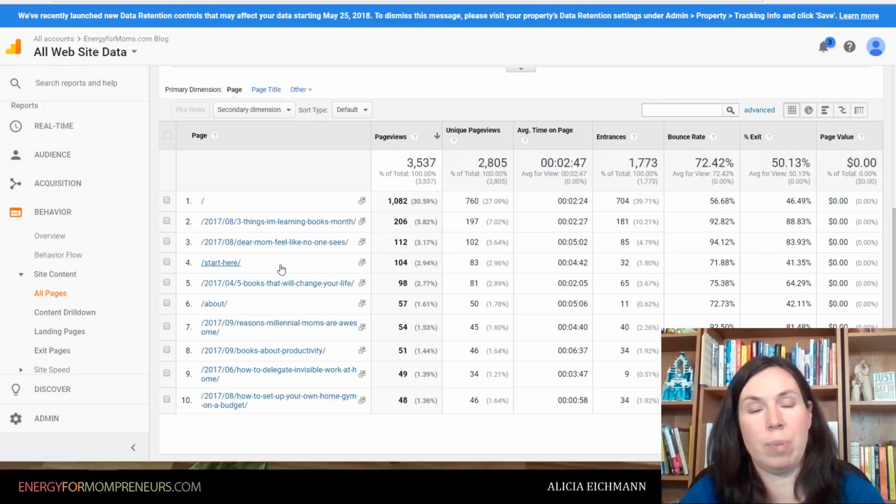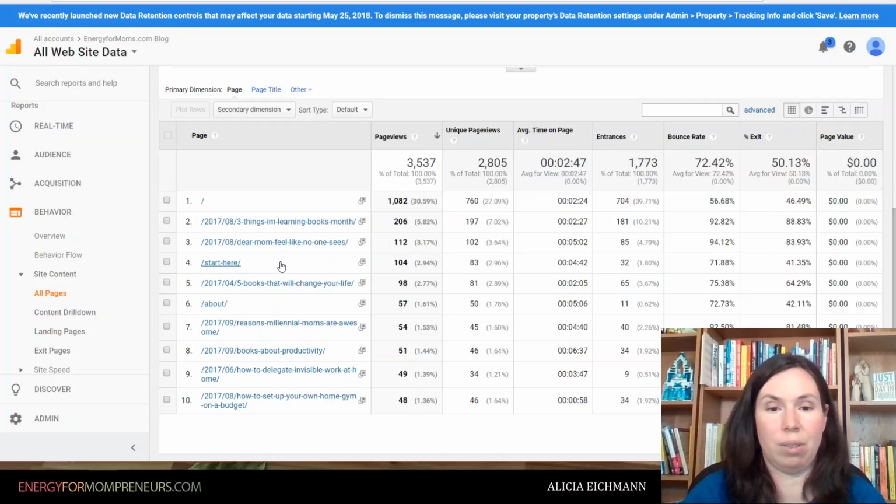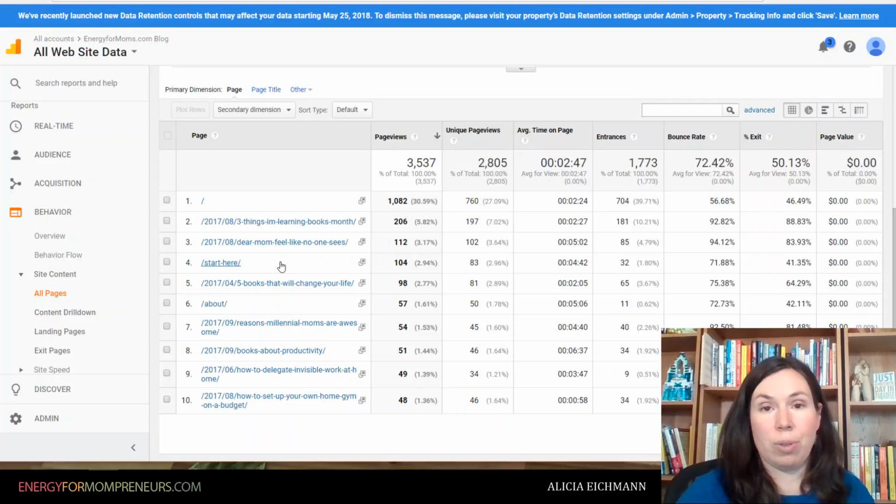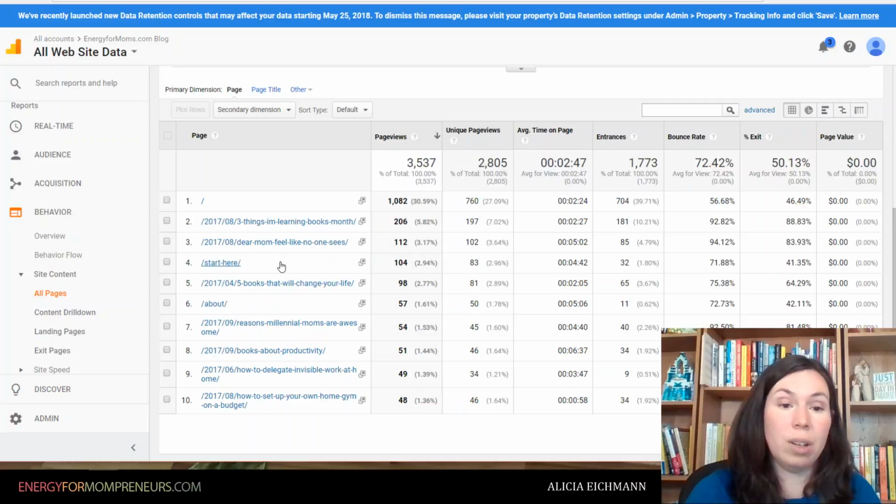Start here, that's in my main navigation, and based on my blog design, I've switched up the blog now, but I was trying to point people to go to that page if they're new. So I had a lot of new people and that page was there, and so I know that people were finding the page. So there you go, success. That's exactly what I wanted. I wanted people to find that page, and it looks like people who found that page were